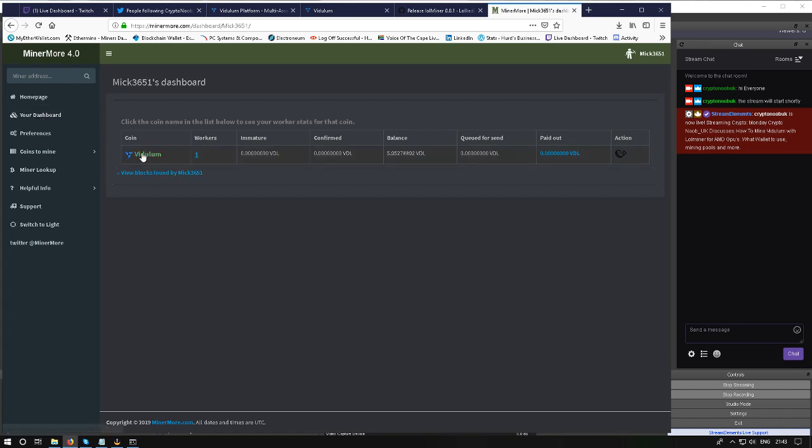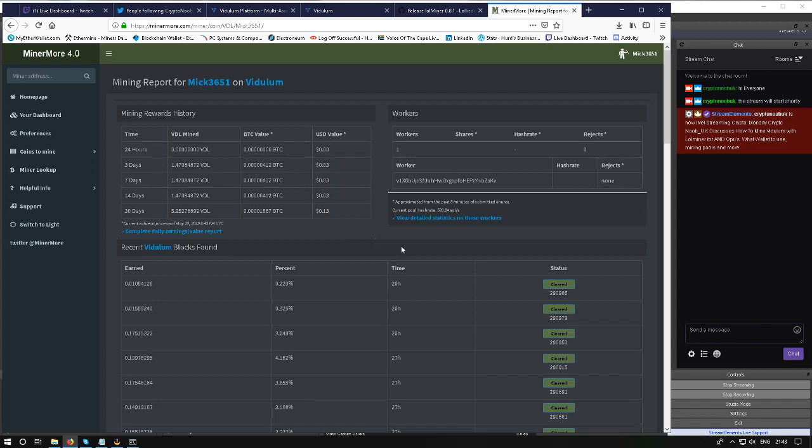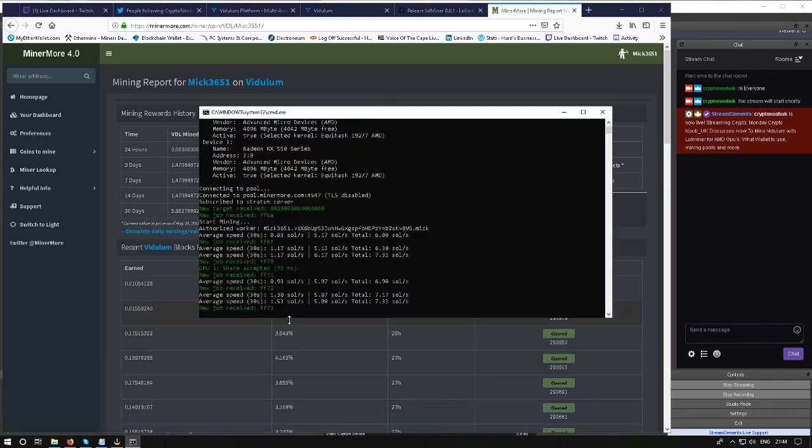And as you can see, it tells you how much Vidulum you have. It can tell you that your worker is online, and it shows you one worker online, number of shares you've got, rejects. Your hash rate will come up in here, and your rejects there. And as you can see, it's starting to receive shares already. Got one share up,